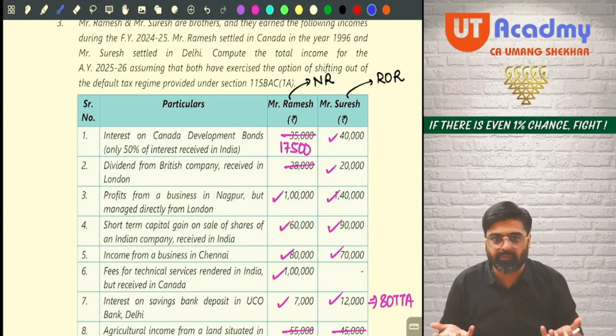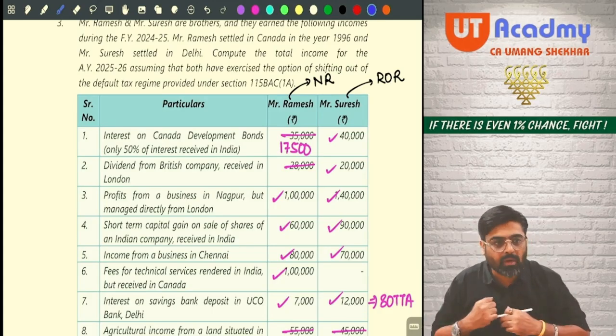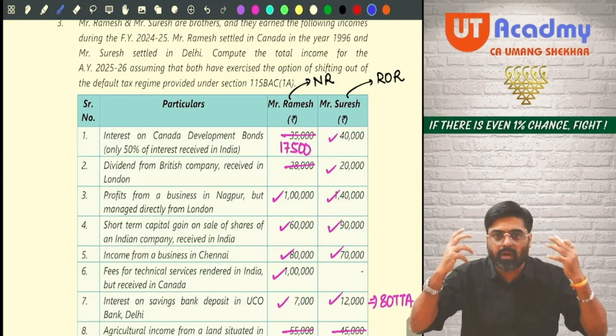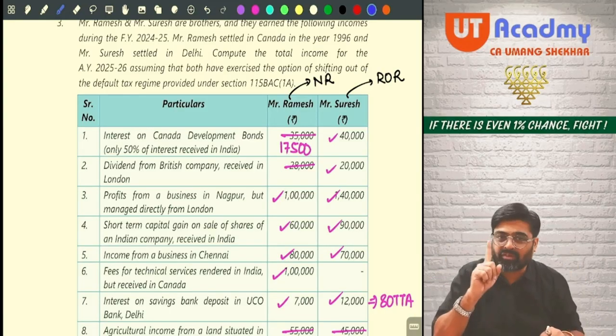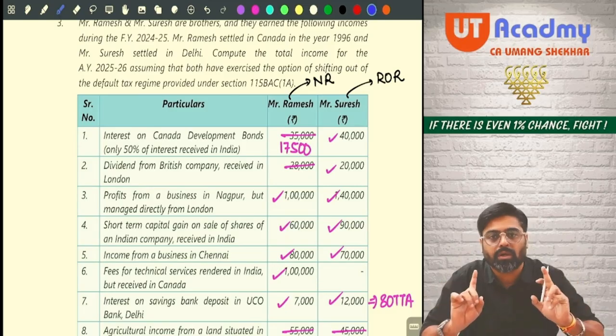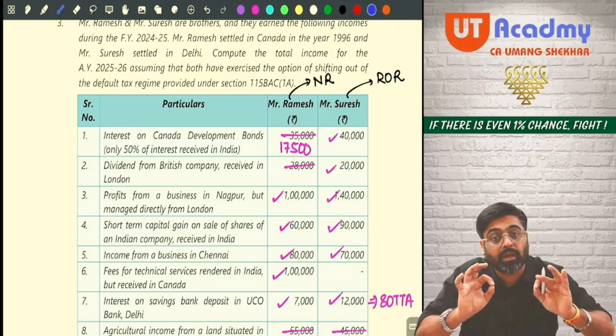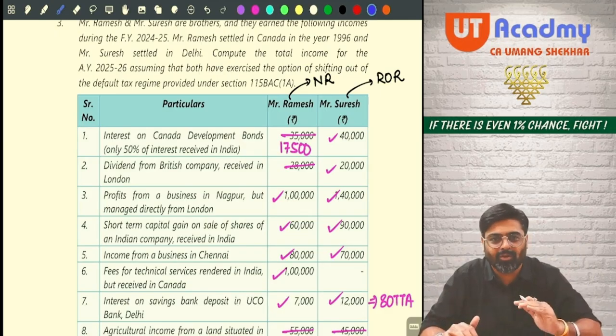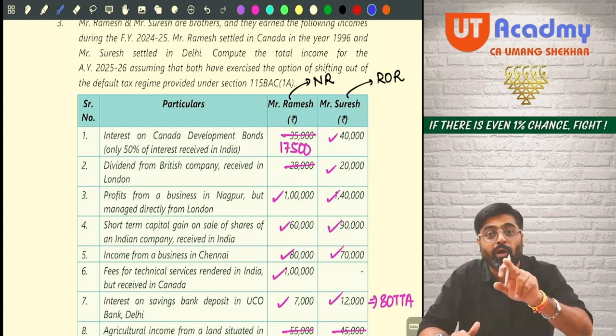And students usually get afraid. Oh my God, what happened? What type of question have they asked? Sir, we are not able to solve. If you are conceptually not strong, if you have not studied the concepts properly, and if you have not practiced the questions, trust me, you will not be able to solve a single question in the exams. And that is what many students face as a difficulty. And I don't want you all to face that difficulty.